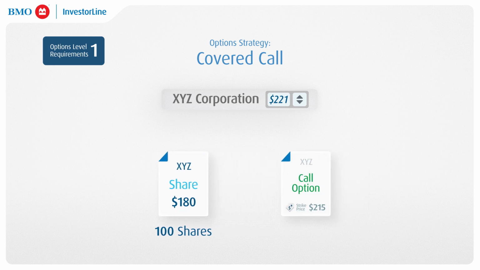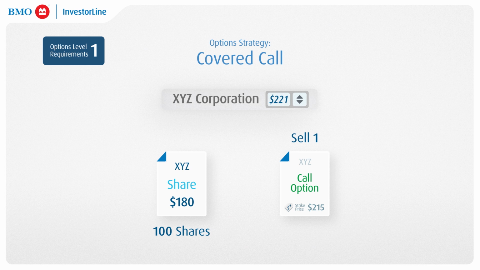You decide to write a covered call by selling one call option with a $215 strike price for a premium of $7 per share. While the short call option itself carries unlimited risk potential, since you would need to provide the shares at $215, regardless of how high XYZ's stock price might go, this risk is effectively managed because you